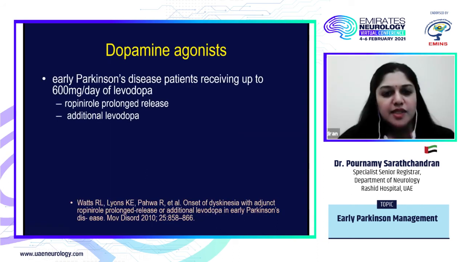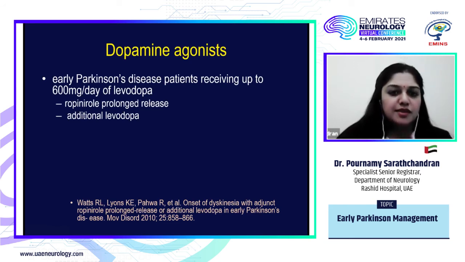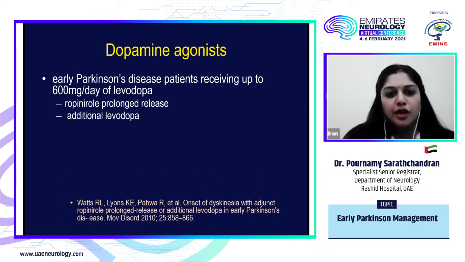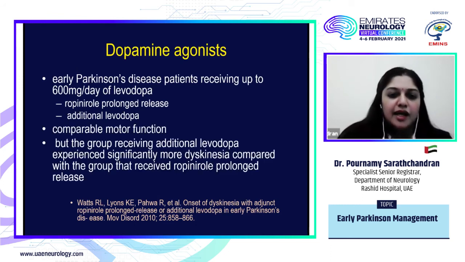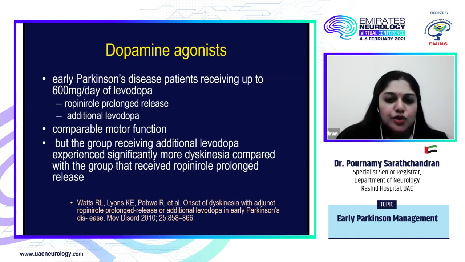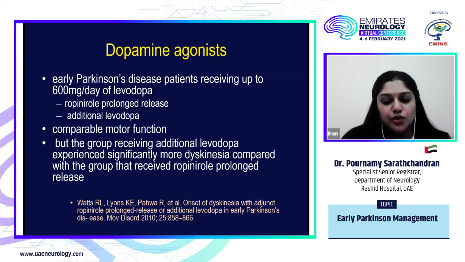So there was another trial where Parkinson's disease patients who were receiving levodopa up to 600 milligrams were given additional treatment: either additional levodopa, or ropinirole added along with levodopa. They found comparable motor fluctuation and motor function with the addition of either levodopa or ropinirole, but those receiving additional levodopa experienced significantly more dyskinesias compared to those receiving the